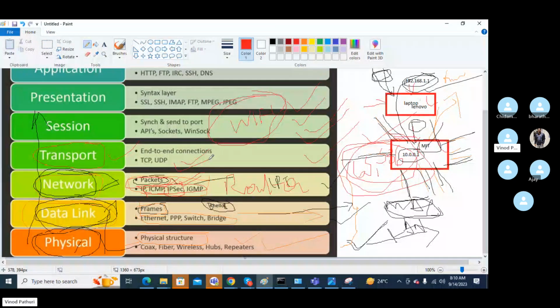Okay, so we will go into TCP and UDP separately in the next one because we have a transport layer session. In TCP and UDP, the main difference is that TCP will tell you whether your data is transferred to the destination or not.